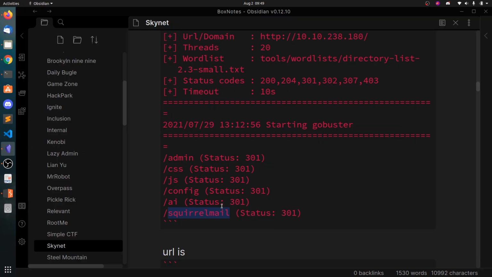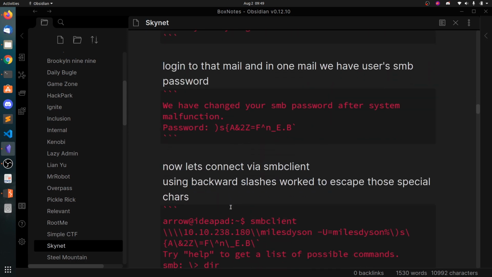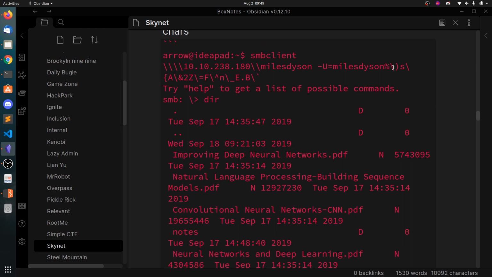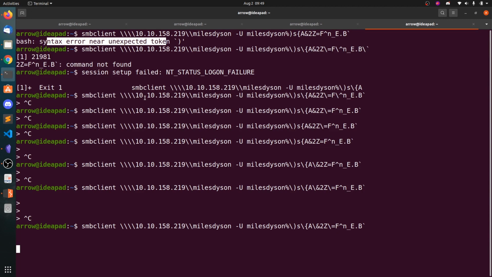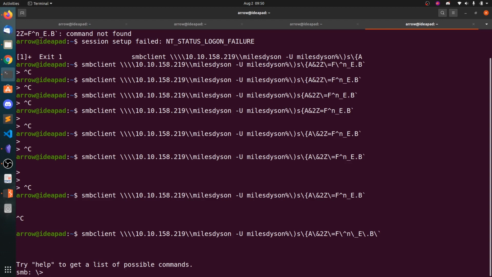Let me see my notes. I put it for everything. I don't know, sorry. I did this 3 days ago and I just forgot for how many characters I put this. So you can see now we got connected. So we need to escape all these special characters.